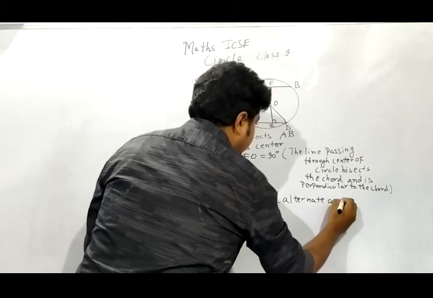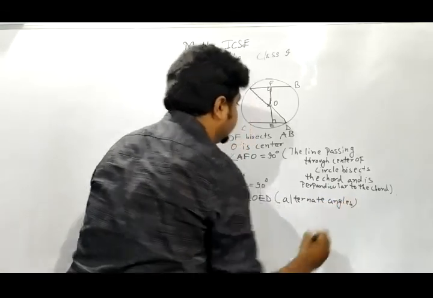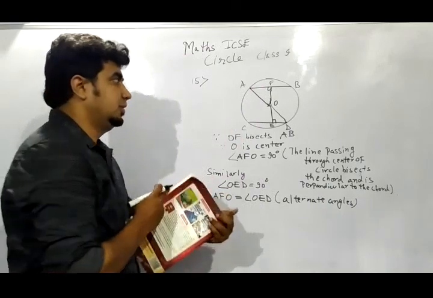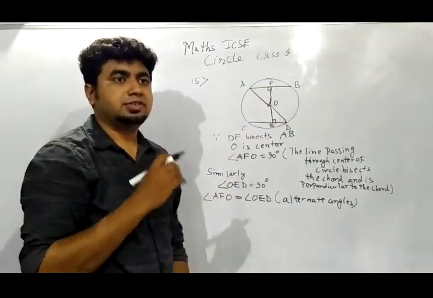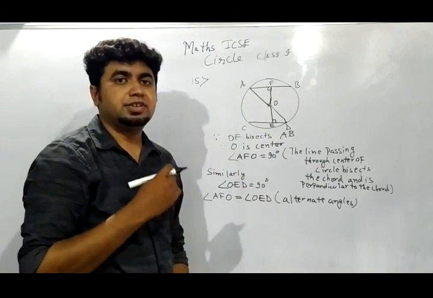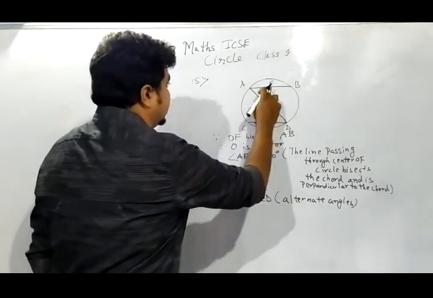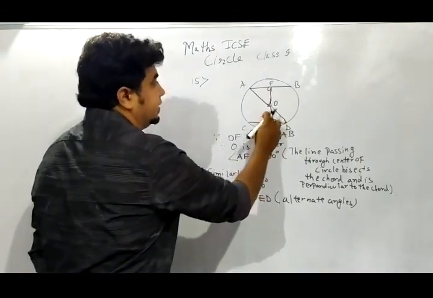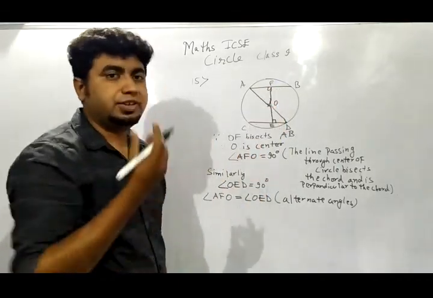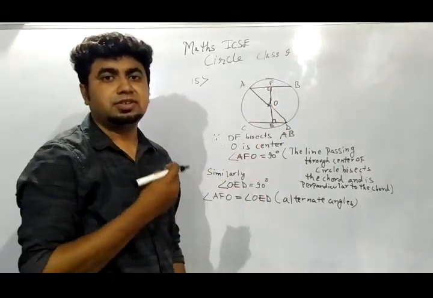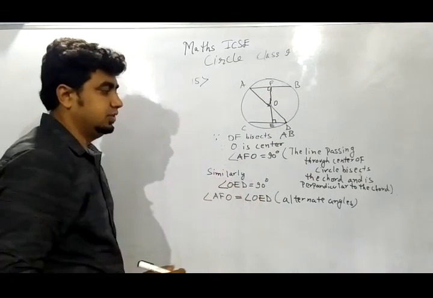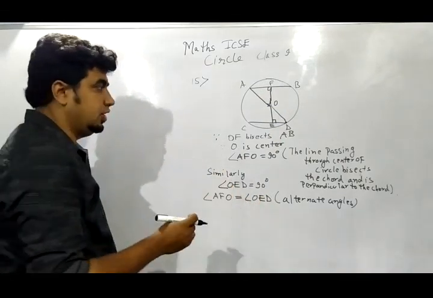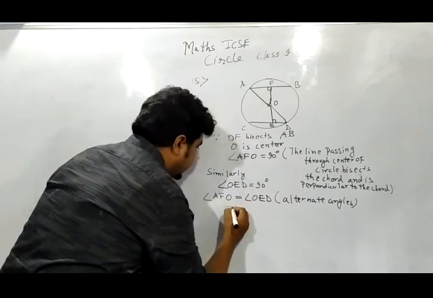Or another way of proving this is that when two lines are parallel, the sum of co-interior angles is 180 degrees. This is 90 and this is also 90. 90 plus 90 is 180 degrees. That is also the way we can say that these lines are parallel. But I am writing here AFO is equal to angle OED. These are alternate angles. That implies I can say